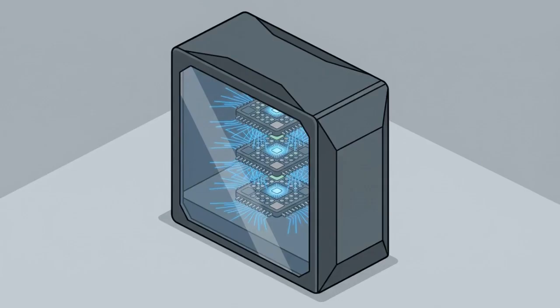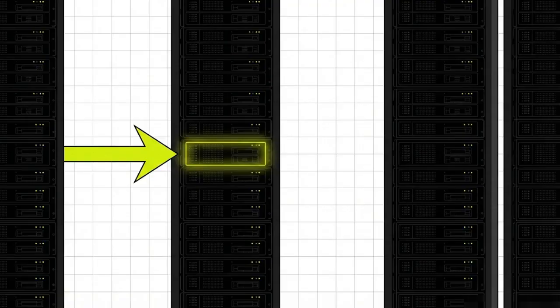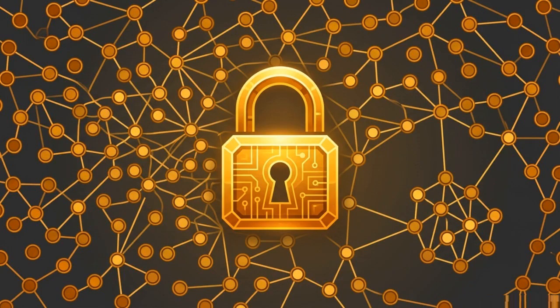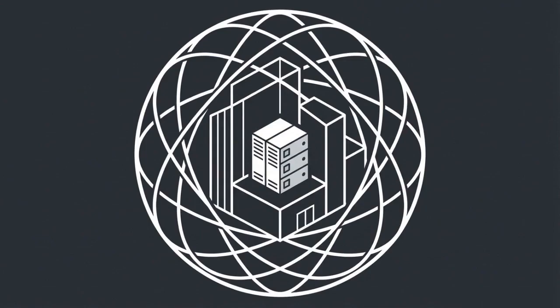A data scientist can execute fine-tuning using standard virtual machines equipped with pass-through GPUs, leveraging the hardware already sitting in a corporate data center. This network visualization shows the mathematical precision of fine-tuning. By feeding the AI just a few thousand specific examples, data scientists are typically tweaking about 0.93% of the model. In a 7 billion parameter system, you're only altering around 65 million parameters. By rewriting that tiny fraction of the neural network, the AI permanently internalizes classified company secrets. And because the model is running locally, those secrets never leave the building.